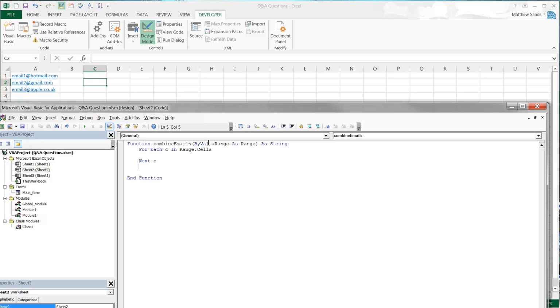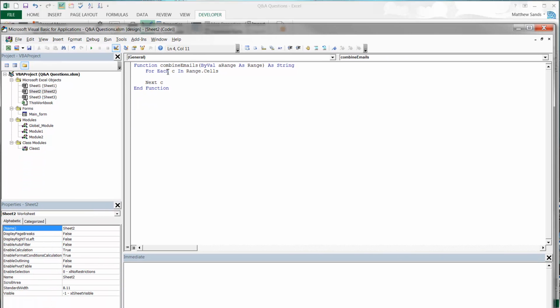So this is going to loop through all of the cells in your range. And then we just want to create ourselves a string over here. So Dim combinedString as String. Then we just want to set combinedString equals combinedString ampersand,